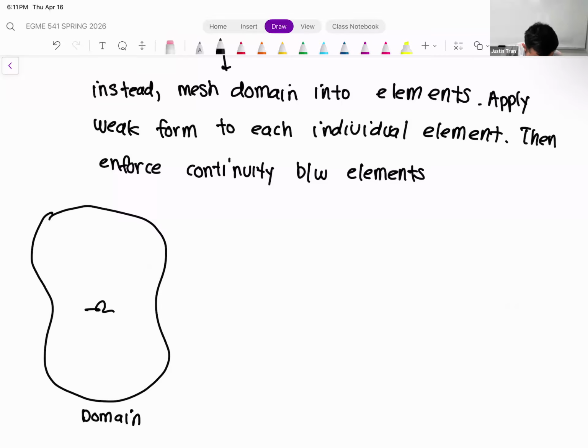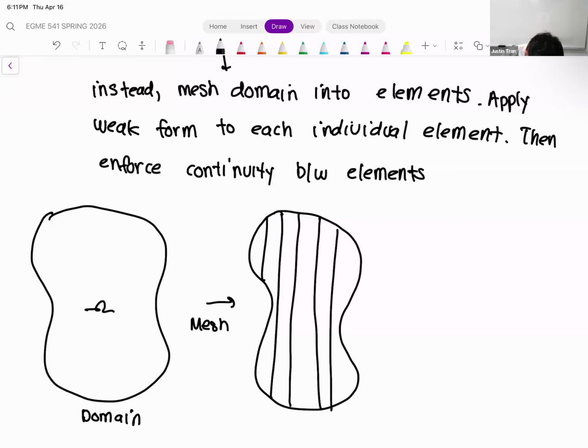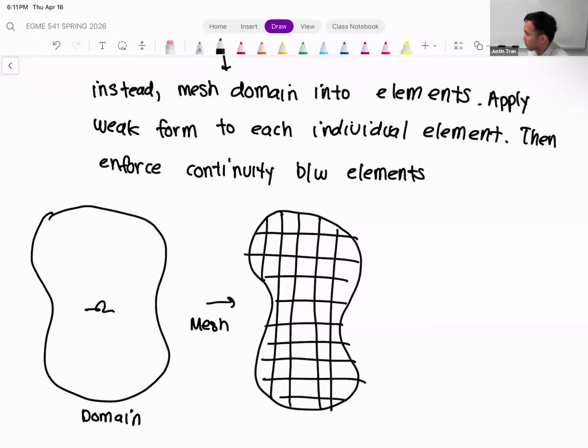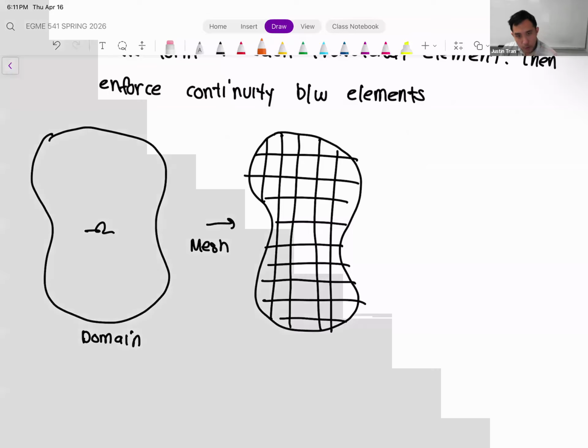Okay. Instead, we're going to mesh. We're going to take our potato shaped domain, and we're going to apply a grid to it. I guess now it looks like a Planters peanut. But the good news is that with this